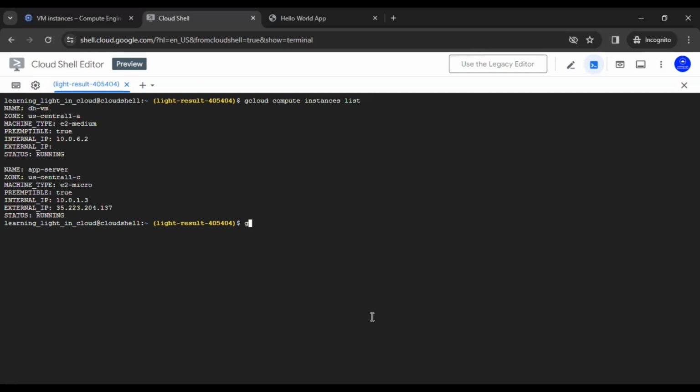So gcloud compute ssh app-server, zone is us-central1-c. Once we connect to this app server from our Google Cloud Shell,